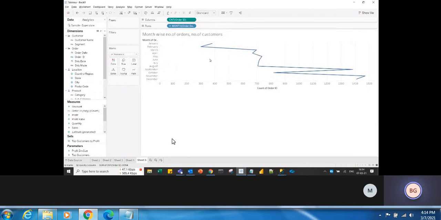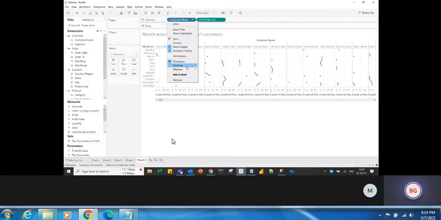So next, month wise, we have the number of orders, and what we need is the number of customers. So same thing for customers, right? Drag the customers into the visualization. Okay, so take the aggregation as count. Here you cannot apply sum and average. Why?